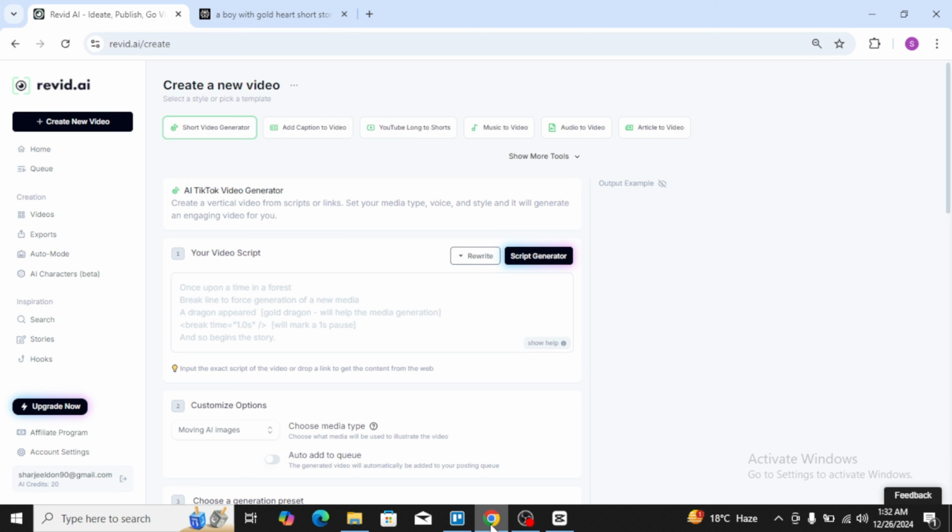Hello everyone, today I'm going to show you how to create a video from photos in Revid.ai. I will be on the official website, and make sure you log in with your Google account. The next step is you will see there is a short video generator. Just tap on it, and next you will add your video script